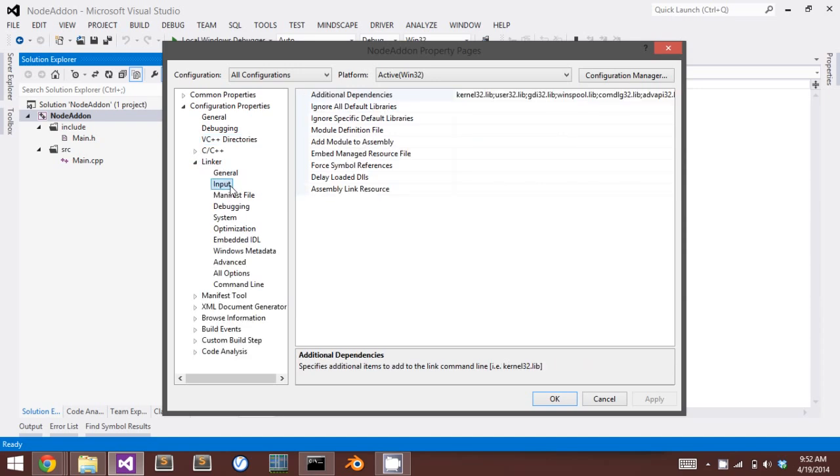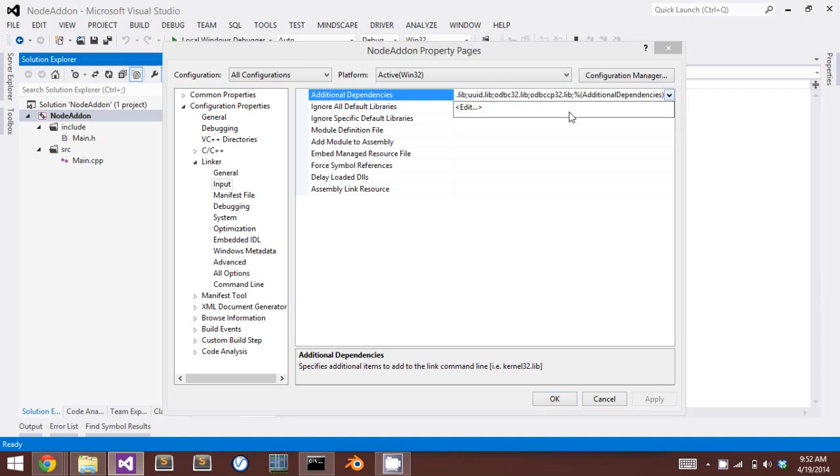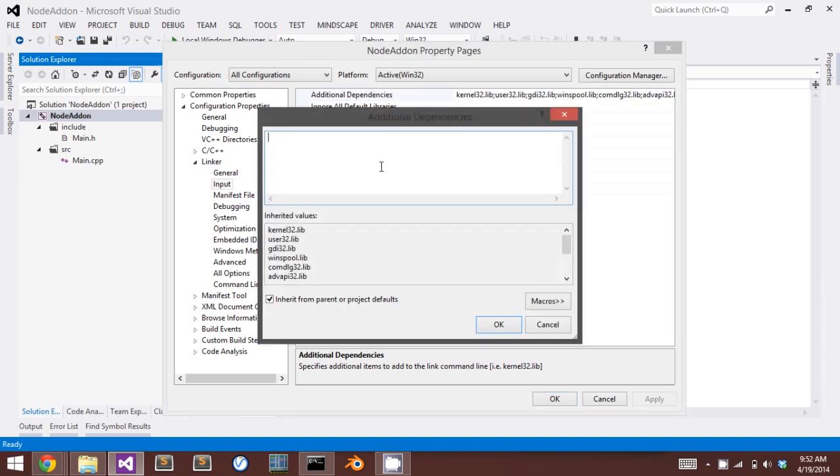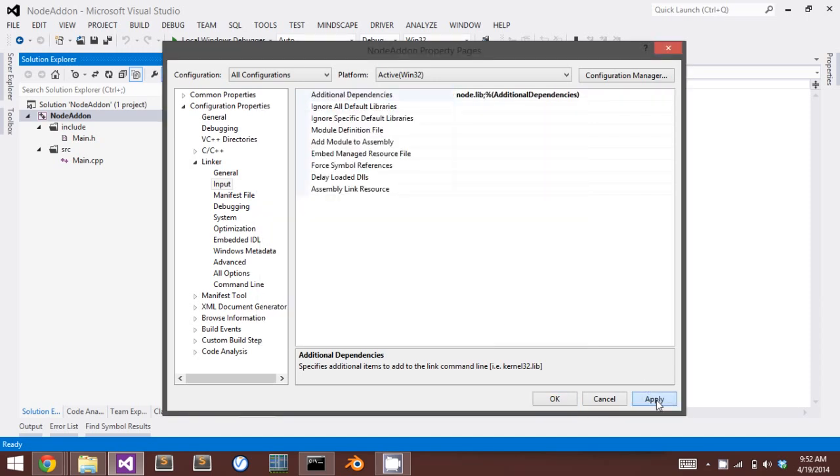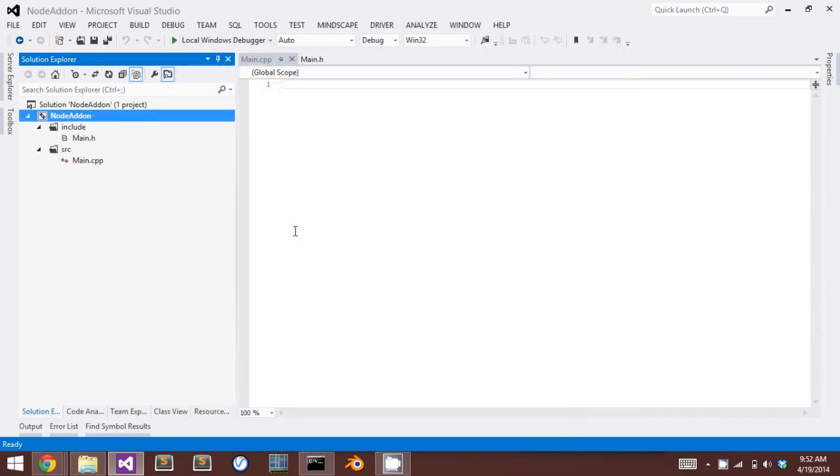Inside of the linker, we need to go to the additional dependencies of the input, and we're going to add in node.lib. Now there are a couple other things that we're probably going to need to do in here, but for now we're just going to save our preferences and start creating our